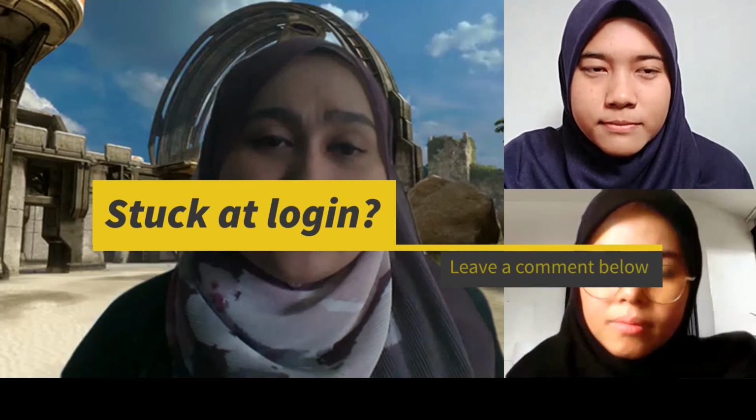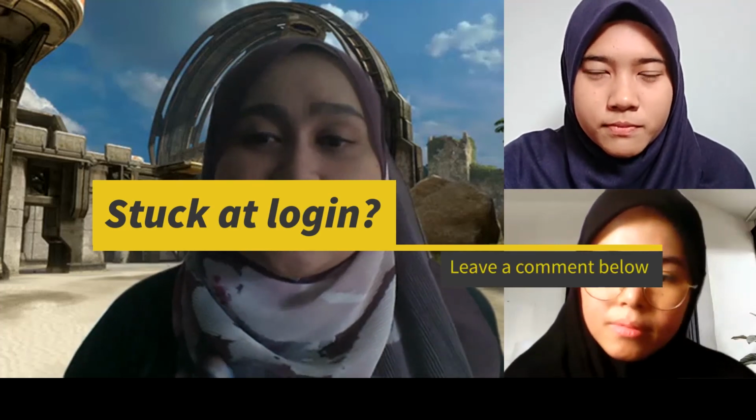Okay, it's very fast. So you need to key in your student ID number and also your password. The default password should be your NRIC without the dash, but later you can change the password. Let's say sometimes you get stuck and you don't know what to do. When you try to key in your ID and your password, it doesn't go through. So what should you do?